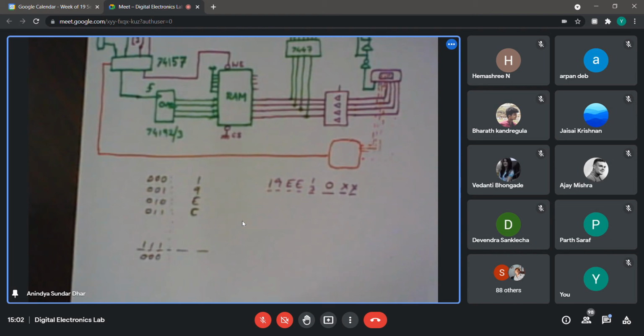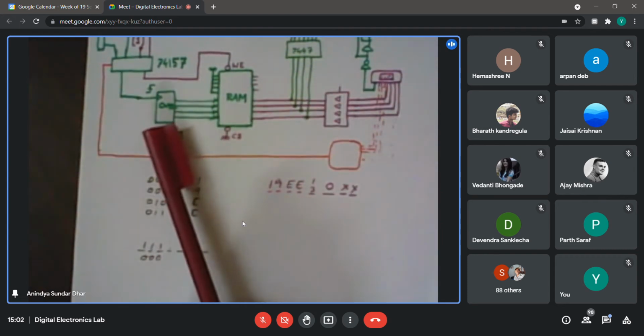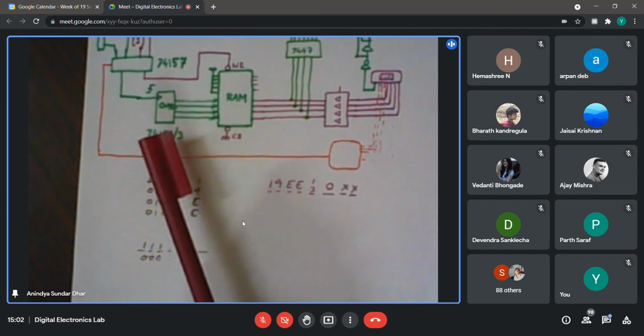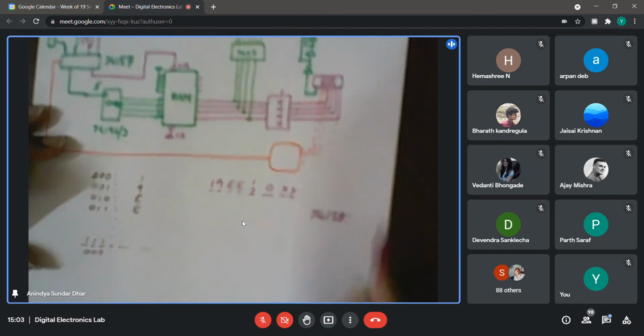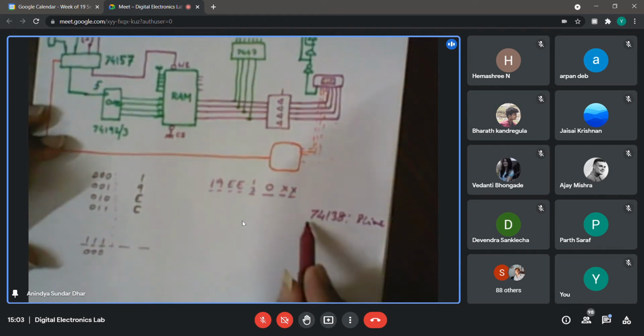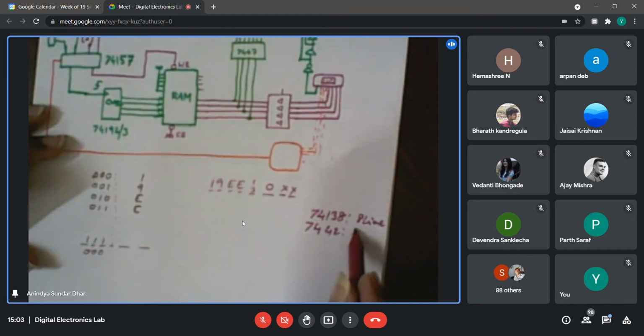Digital IC number 7442. Yes, 7442 is a BCD to decimal decoder. So if you want to use 10 displays, then you require 10 outputs rather than 8 outputs from the decoder. In that case, you can use something like 74192, that is a 10-state counter. Earlier I said that you have to use 74138, which is basically 8 lines as the output, and this one, 7442, is having 10 output lines.